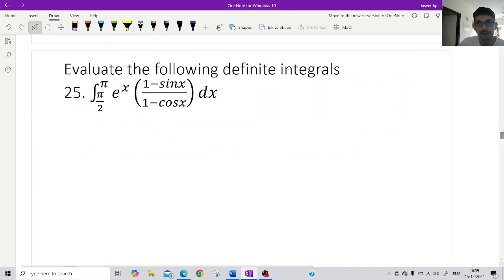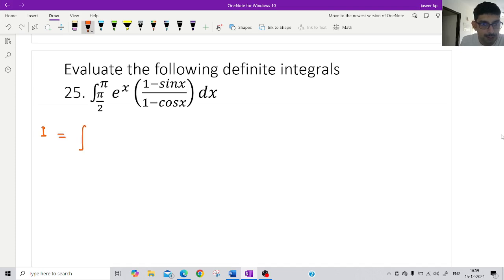Next, from 25th onwards, it's definite integral. So 25th, pi by 2 to pi e power x (1 minus sin x) by cos x. So here also, first we will be simplifying the terms using properties or trigonometric identities. So e power x, it can be split as 1 by 1 minus cos x minus sin x by 1 minus cos x